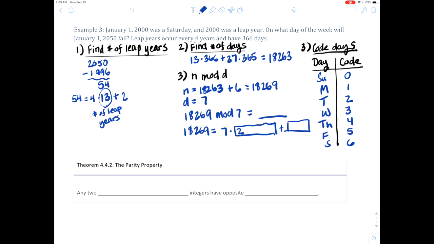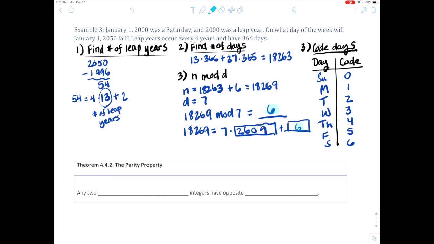Let's see, 2 would give us 14, and then 42 would give us 60, and then 7 goes into 69 9 times with 6 remaining. So guess what? We get 6. So 18,269 mod 7 is 6, and